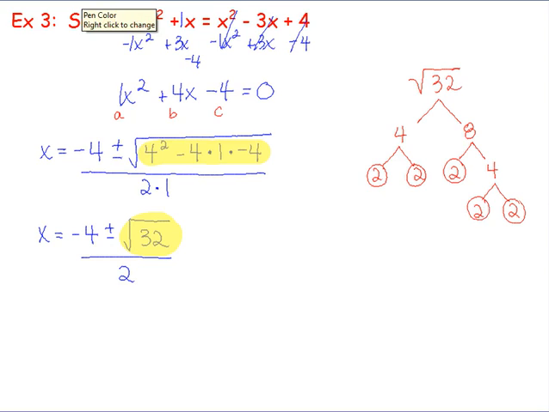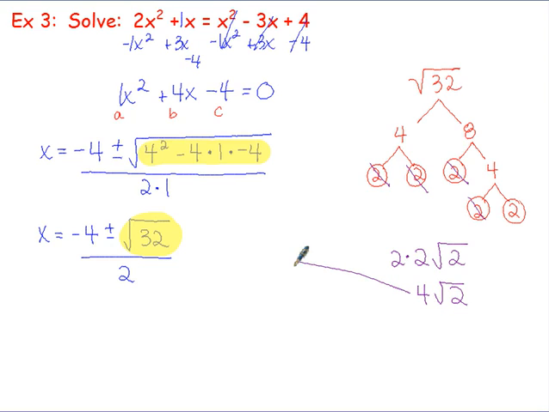What's the next step? Well, I'm looking for pairs. Pair of 2's crosses off. Outside the radical is 1, 2. A second pair of 2's cross off. Outside the radical is a second 2. Then this 2 that's lonely stays inside. So our answer is 2 times 2 is 4 square root of 2. This number that we just found is going to replace that guy. So our problem now looks like